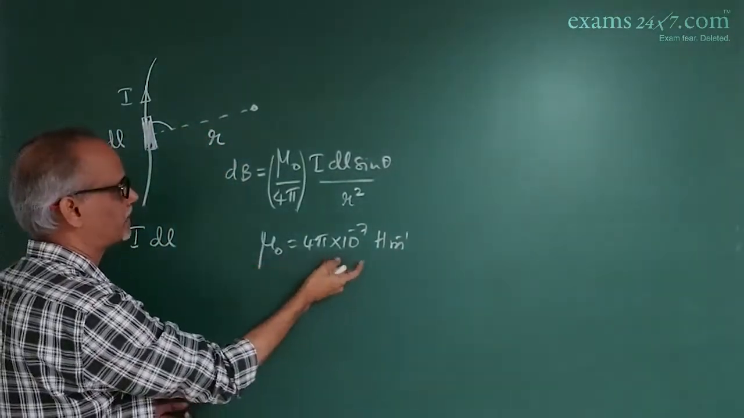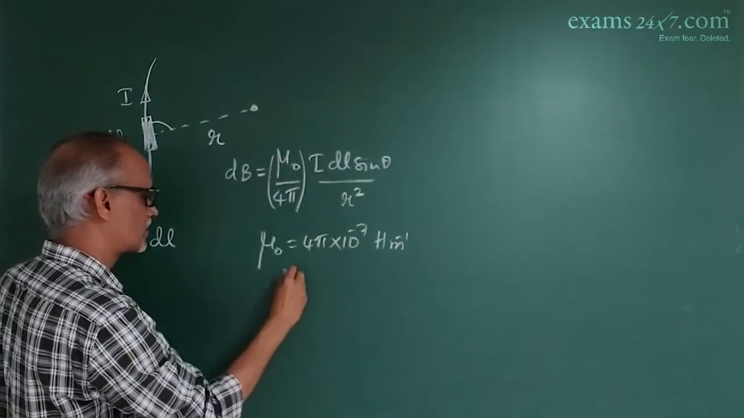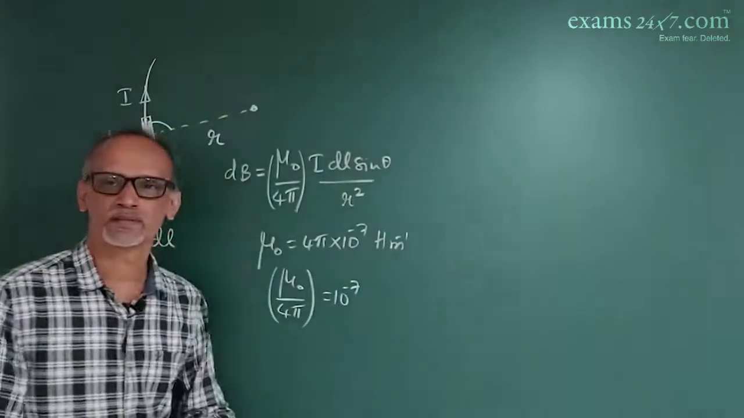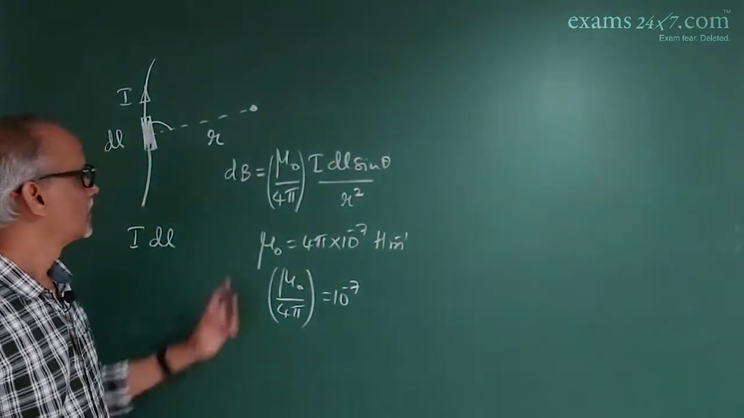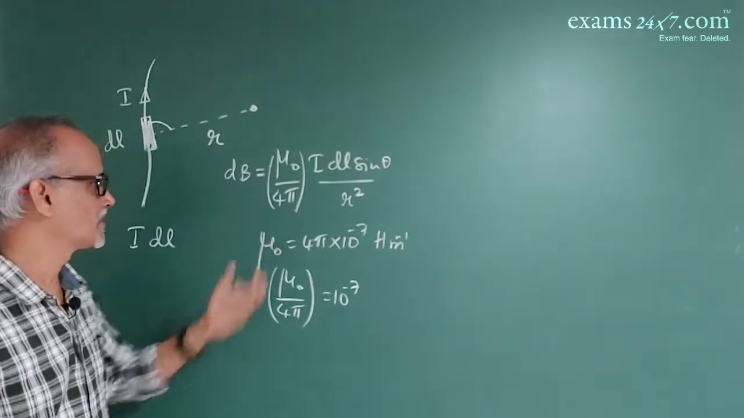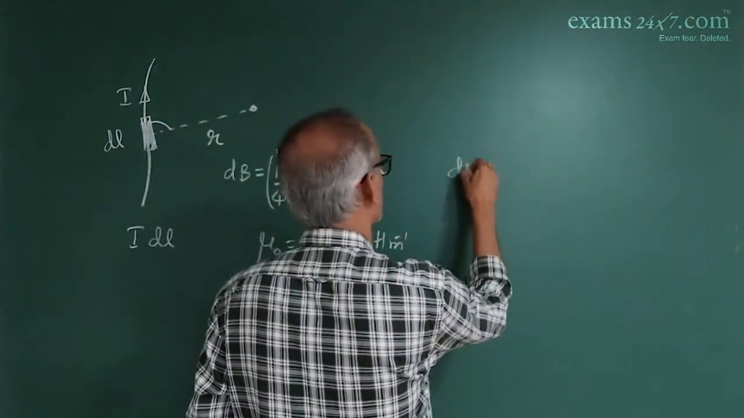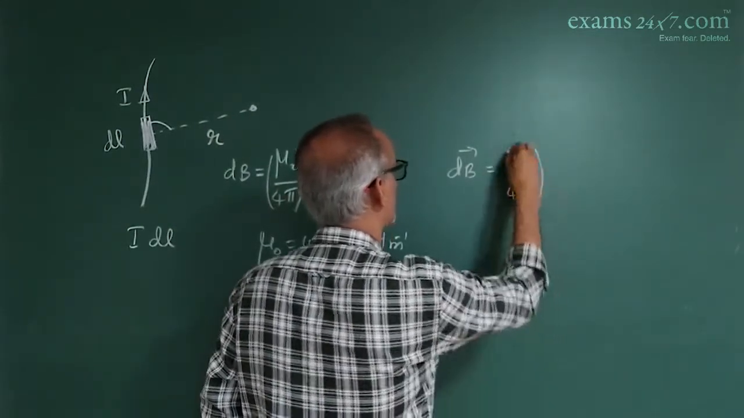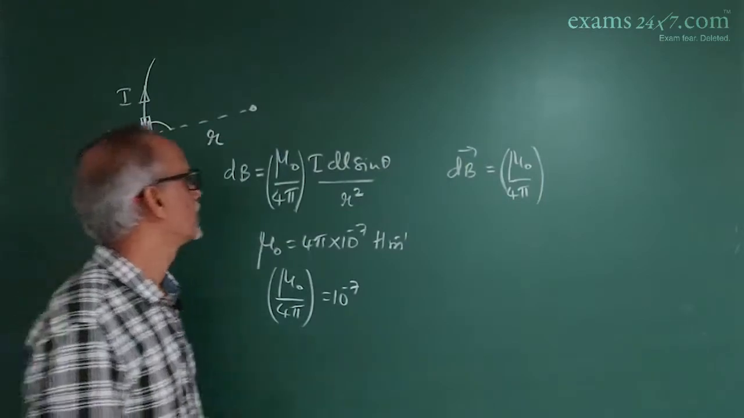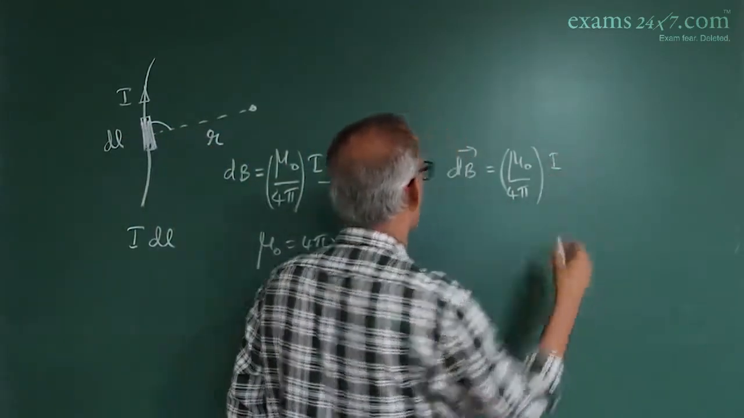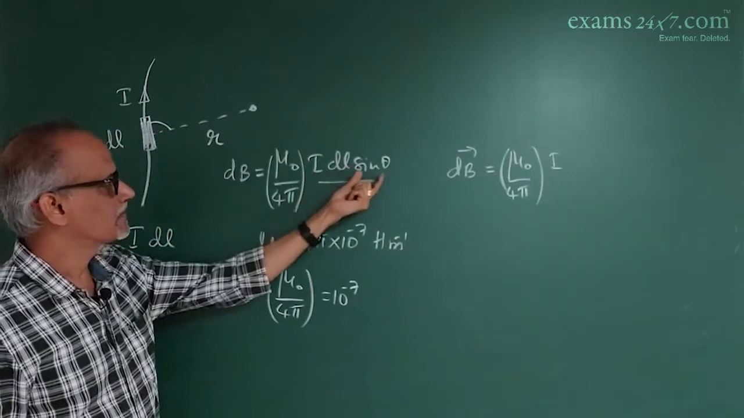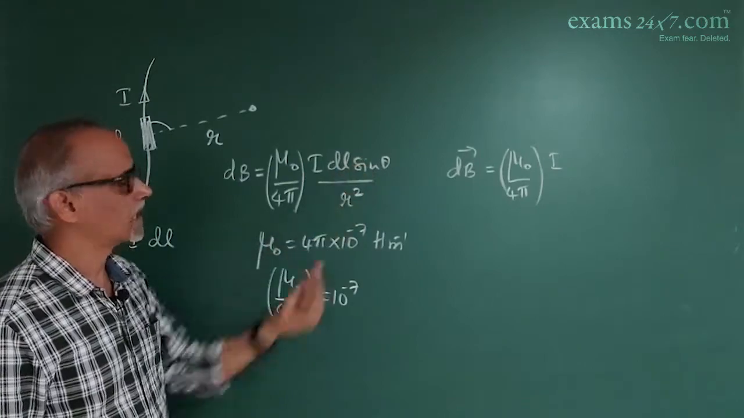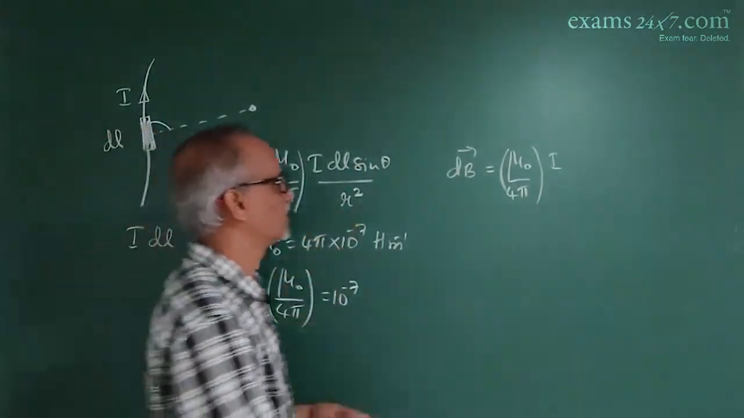And since mu naught is 4 pi into 10 power minus 7, when you substitute here, the value of the constant mu naught by 4 pi is equal to 10 power minus 7 with the same unit. Now, magnetic field here is a vector, so the same equation you can write in vector form. So vector dB is equal to mu naught by 4 pi into I, and here since we have sine theta, we are going to introduce a vector r, so that this becomes r cube in the denominator,